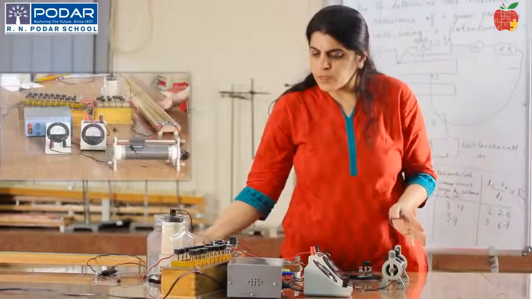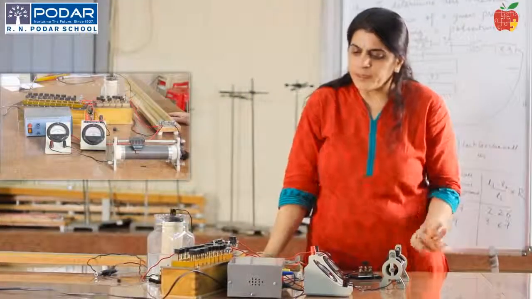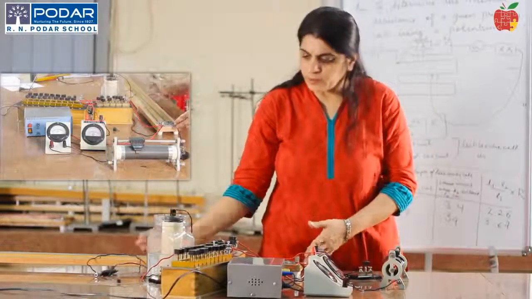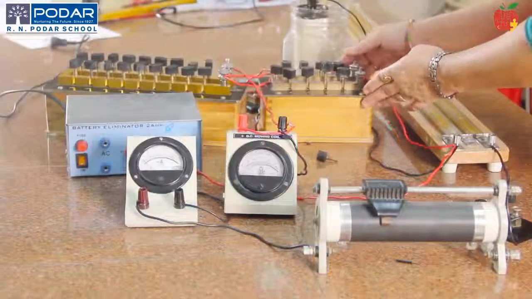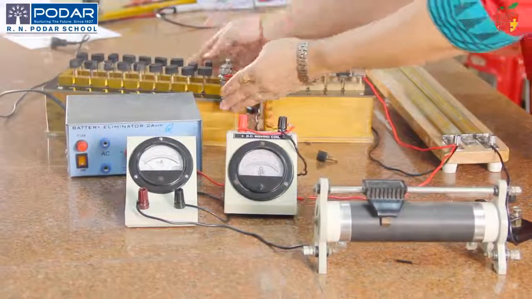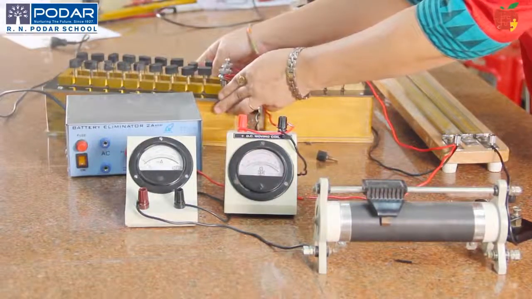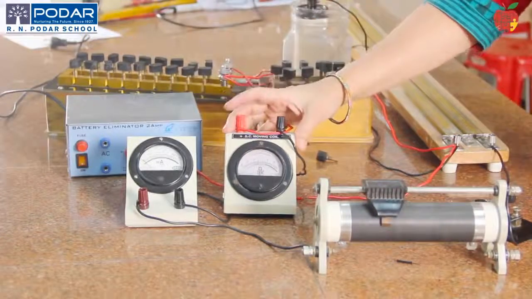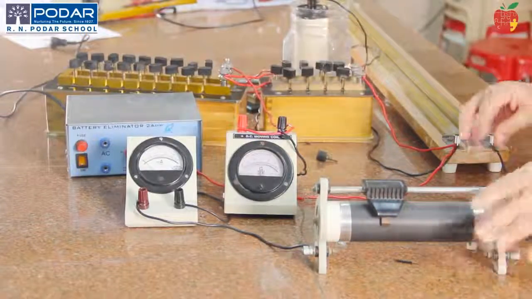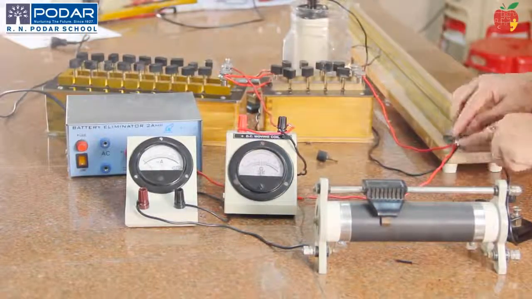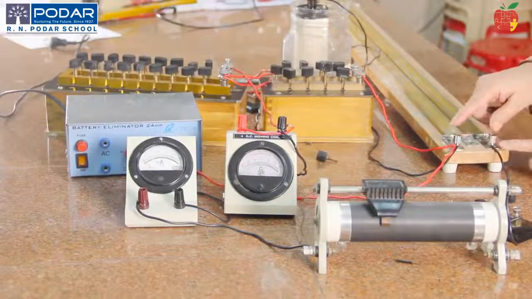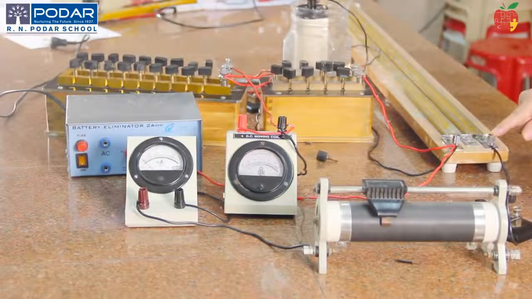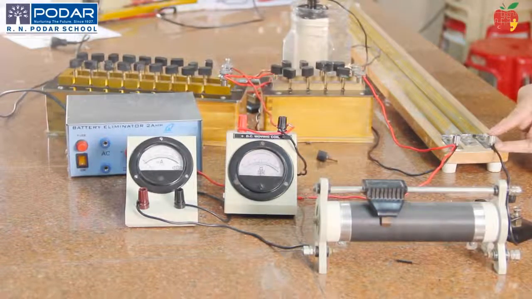Here, students, this is a setup for finding the internal resistance of this Leclanché cell using this potentiometer. Can you see this here? This is a shunt resistance which is connected in the circuit. This is a high resistance box which is connected to the galvanometer to protect it from excess current flowing through it. All the positive terminals are connected to this end, so this end is called the initial terminal of the potentiometer. The end which is connected to the key and to the rheostat is called the terminal point of the potentiometer.